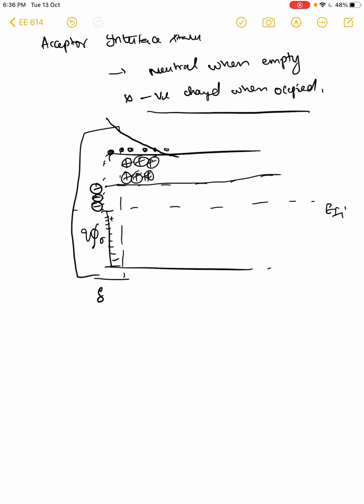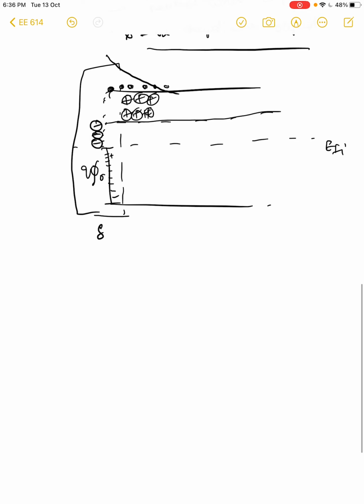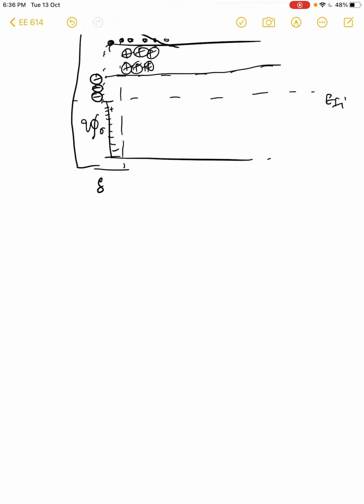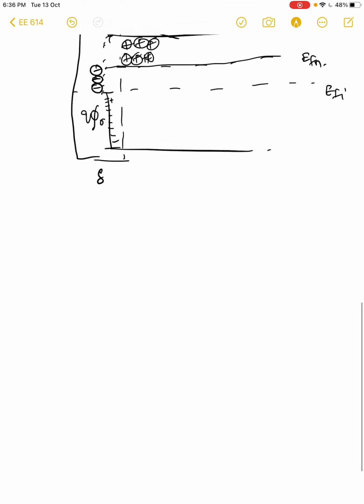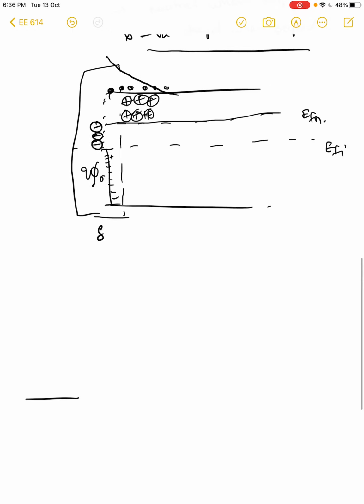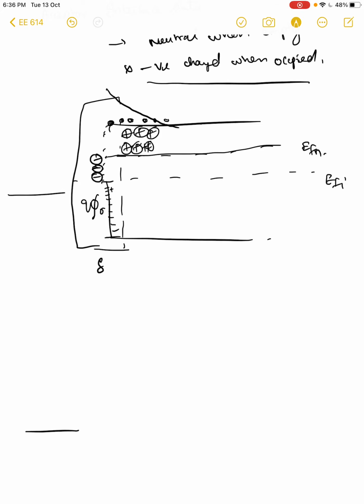Now under this situation, let us talk about what happens if I interface with a metal, and let us see what happens to the barrier height. Let's calculate the barrier height. So basically this becomes EFN. Now I'm going to draw a similar band structure. This is a metal. Let's do it here itself. So here let us take and interface it with a metal EFN, which has a higher work function than the semiconductor. So let us take this as E naught.